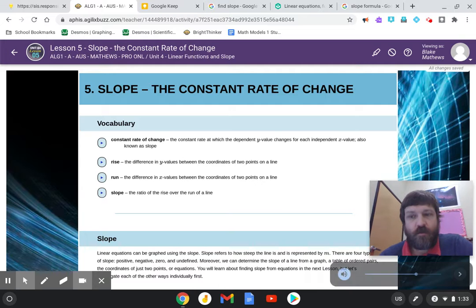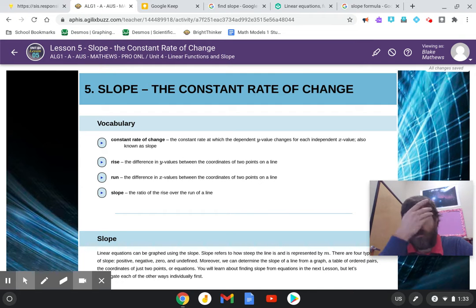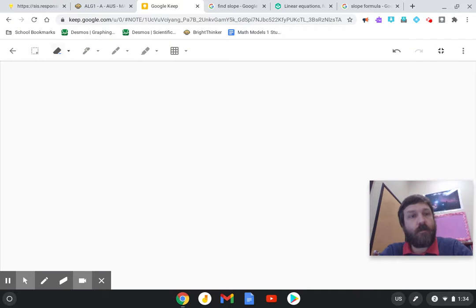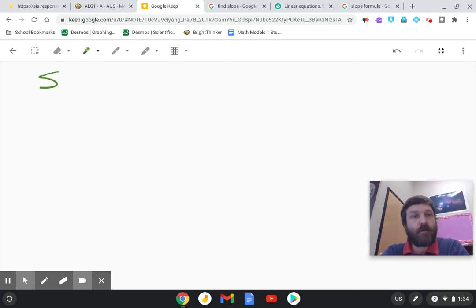All right, this is the Algebra 1 Unit 4 Lesson 5 video over slope and rate of change. So this is a really important concept in algebra. When we're looking at a linear function or a linear relationship, the idea of the rate of change is a really, really important concept. So when we say slope or rate of change,